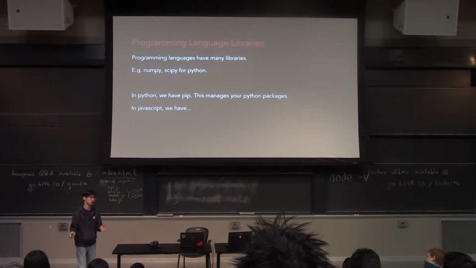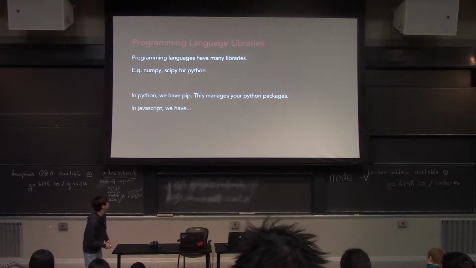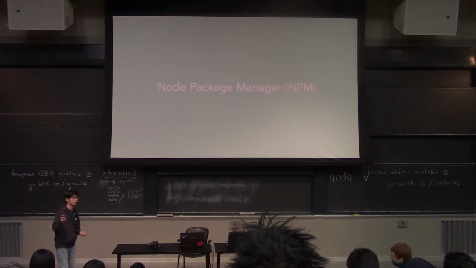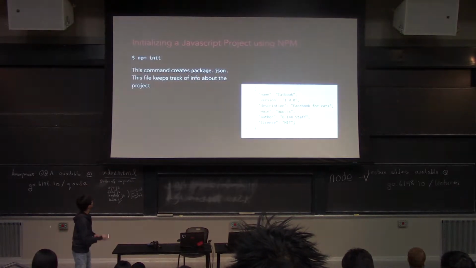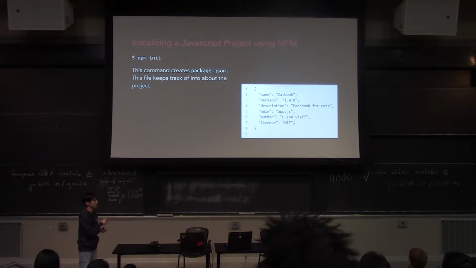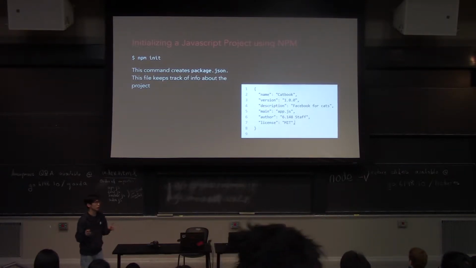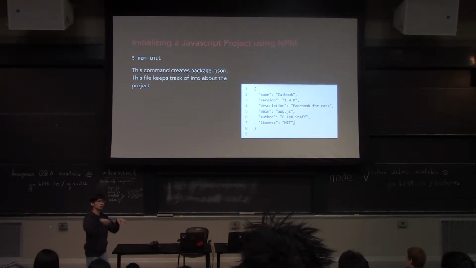You just do pip install numpy, and it installs NumPy on your machine. For JavaScript, we have what is called the Node Package Manager, or NPM for short. We'll be using this extensively in this course. And the difference between NPM and what you think pip is: NPM, by default, will install packages locally on